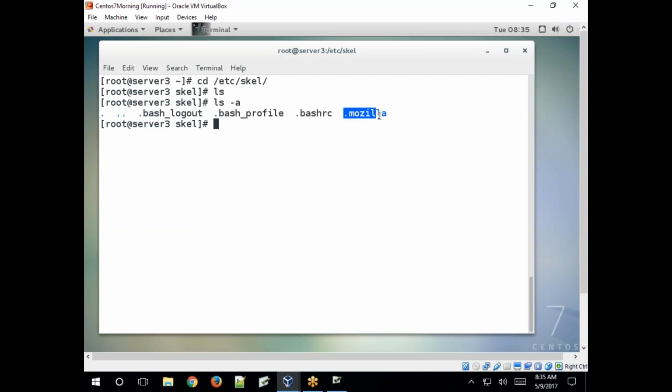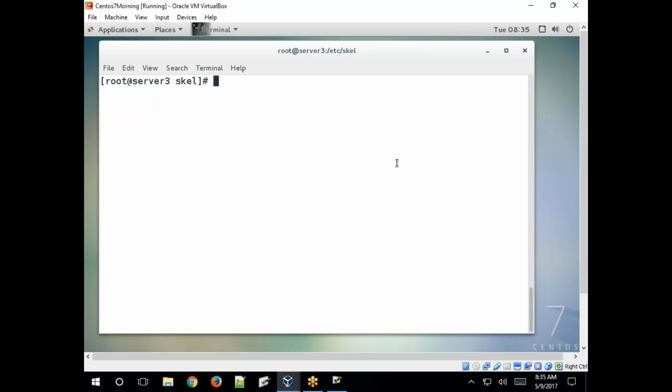Mozilla is a graphical environment tool, a browser application, right? So these files will be copied. Clear? So remember this /etc/skel, very important.